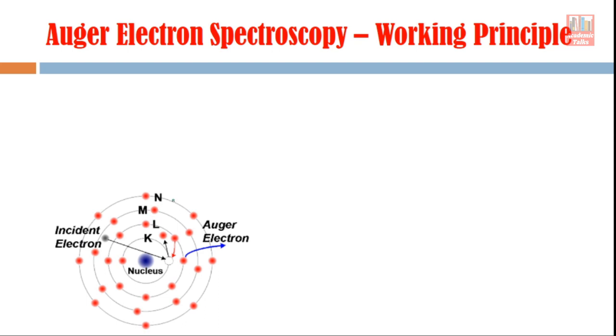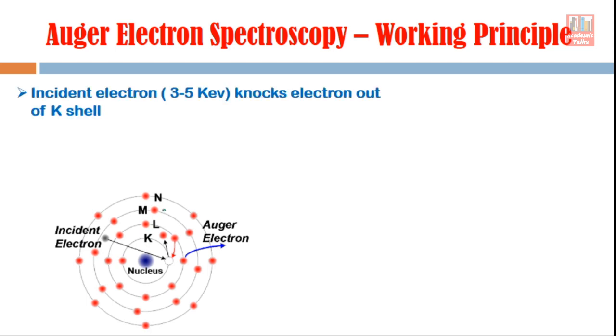So here the atom which we have taken as an example has a large atomic number, because only in the case of a large atomic number is it possible that we have K, L, M, N, these four orbits, and all orbits are completely filled. In many atoms having a low atomic number, we have only K or L or even an M shell. So depending on the atomic number, the distribution of electrons is there, and what happens?